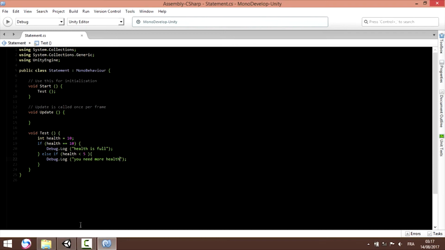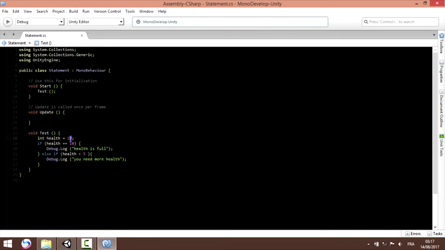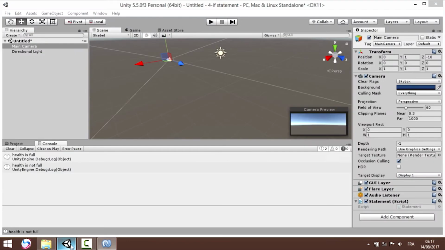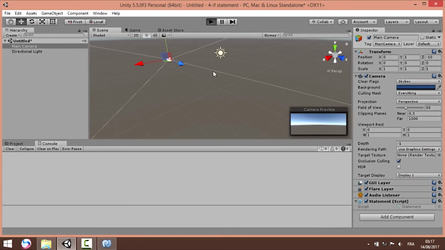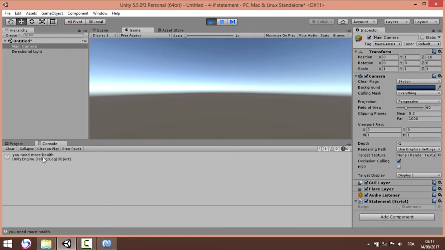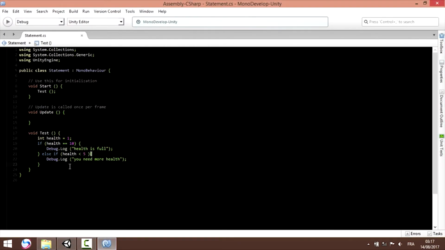Let's try to save. For example, 1. You need more health. So what you need to learn in this composition is that we can use multiple if statements